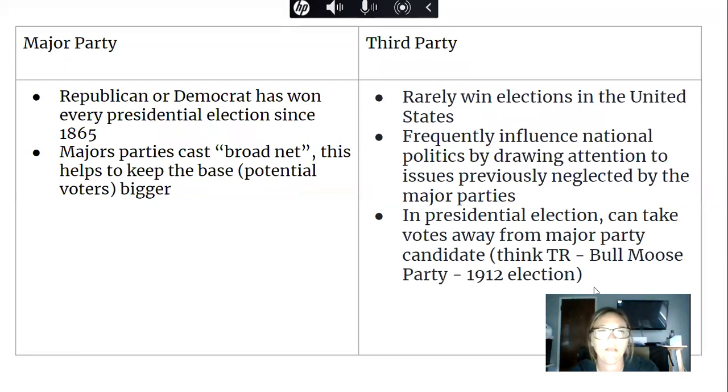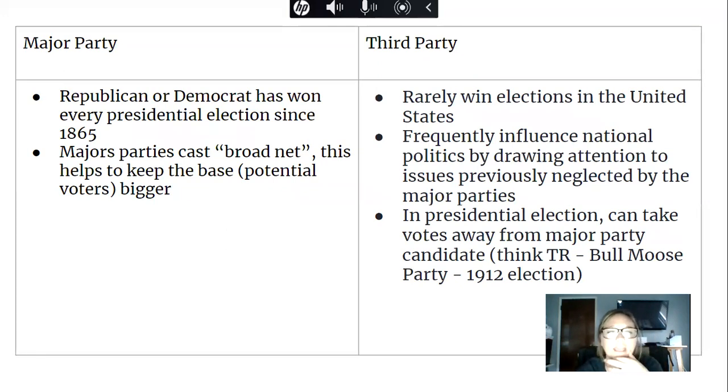Okay, we'll keep going here. Major versus third parties. Okay, so we know the two major parties are the Democrats and the Republicans, and there has been a Democrat or Republican that has won every presidential election since Lincoln, 1865. Well, it was probably before that. It was probably Lincoln's first election. Anyway,